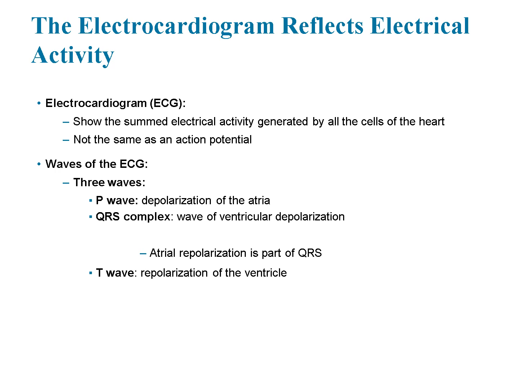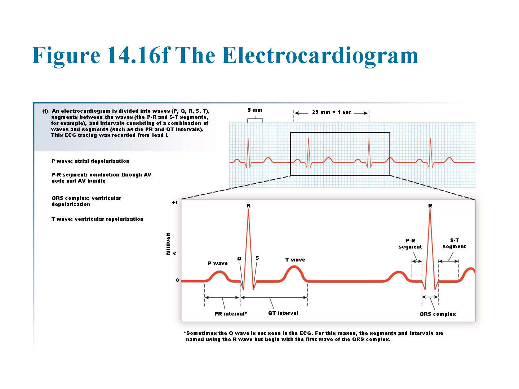The final wave, the T wave, represents ventricular repolarization. This occurs as the ventricles reset electrically, preparing for the next contraction cycle. By analyzing the shape, timing, and amplitude of these waves, healthcare professionals can assess heart rhythm, detect abnormalities, and diagnose various cardiac conditions. The electrocardiogram, or ECG, is divided into distinct waves, segments, and intervals that represent different phases of